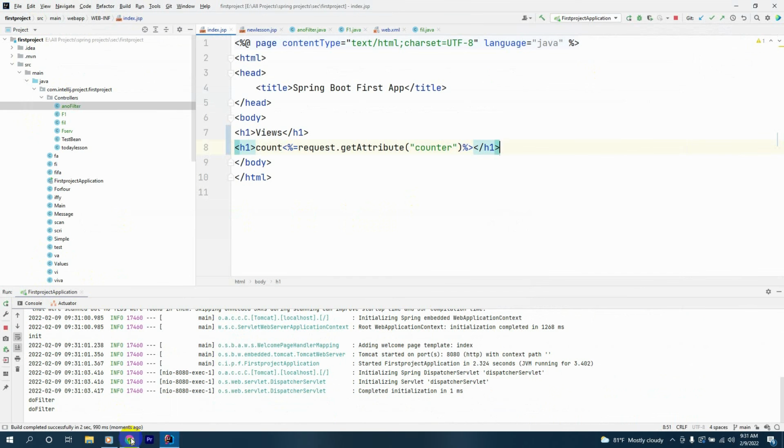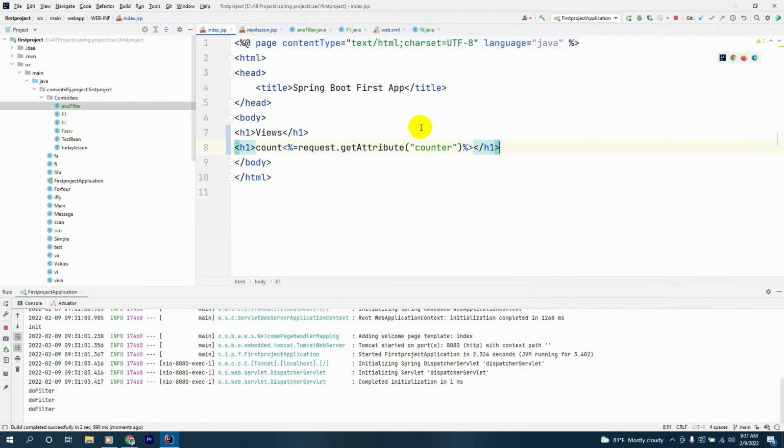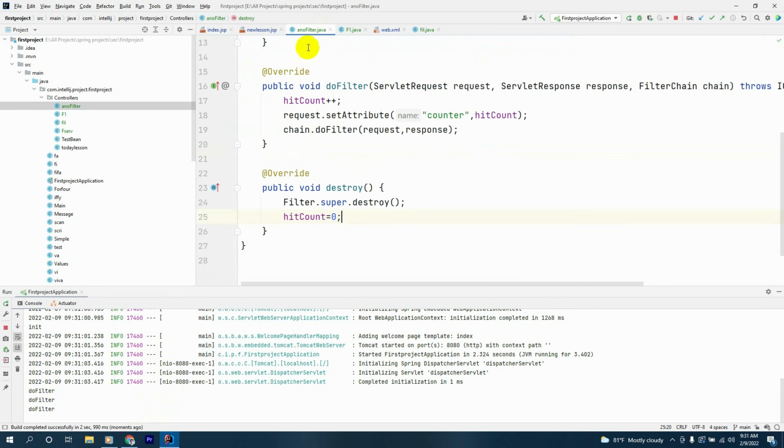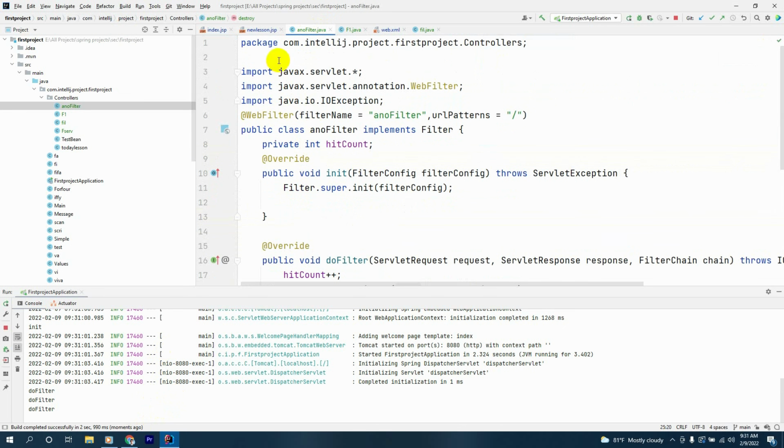When we refresh the browser, no, this is happening because we remove this annotation and save this,